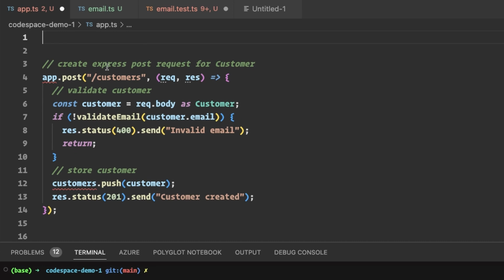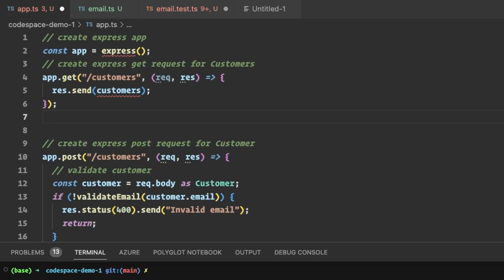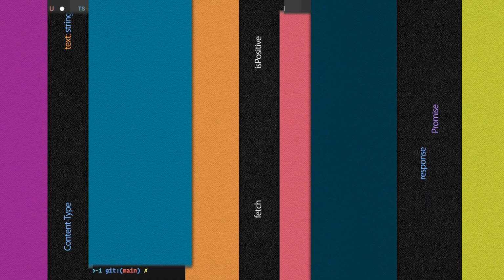That's great. App.ts, but you might wonder where the app.post comes from. So we're going to tell Copilot about that one too, so it can help me create the Express application that I'm building. And what you're seeing here is how I'm creating the Express app, and it even adds a get request for me as well for customers, which is fantastic. Now it's making my life even easier.